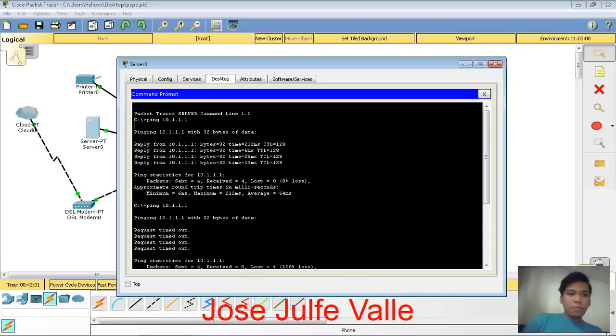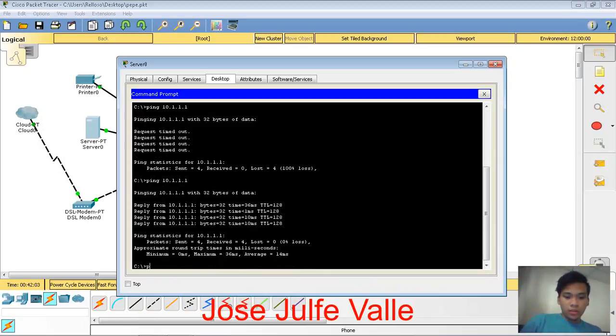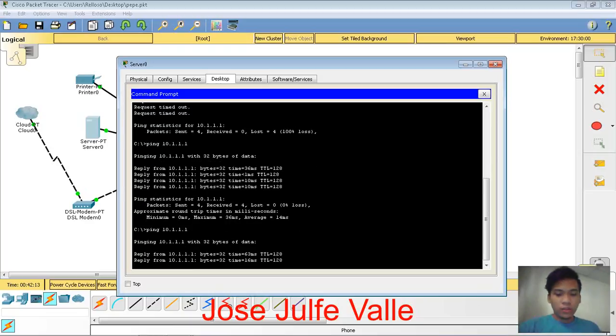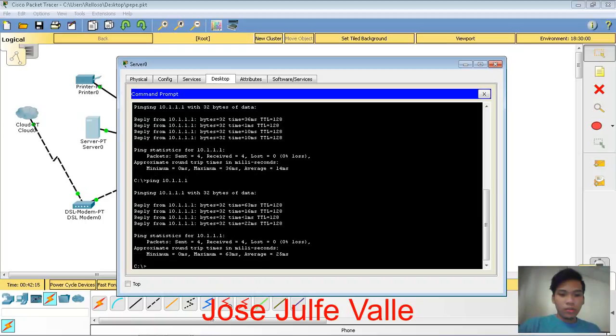I will ping PC number 1 at 10.1.1.1. Enter this. It will connect.